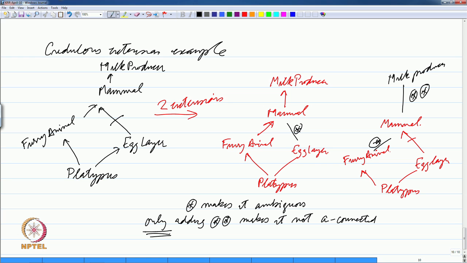If you add it to the network on the right, then there is a sequence of edges which is not a path, because it has got a negative edge in between essentially. And remember that a negative path can only have a negative edge as the last edge, and because that is not the last edge, that is no longer an A connected network, which means there is a node from which to which there is no path essentially. So, both these networks, the red part of the networks, are maximal A connected unambiguous subgraphs essentially.